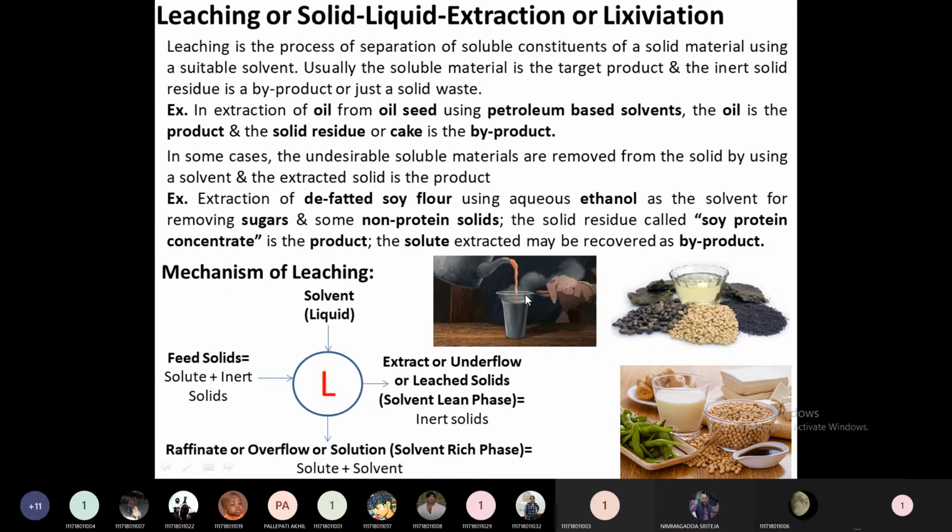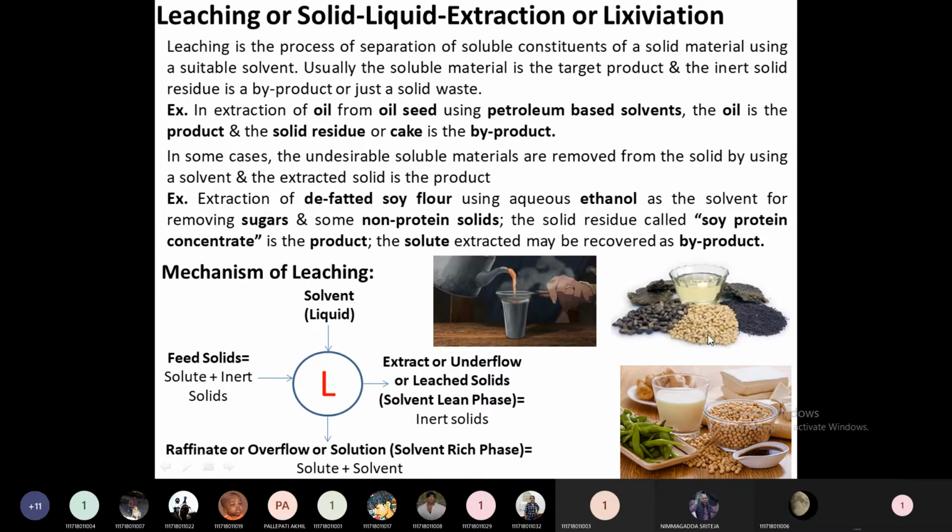There is another definition for leaching also. In the first example, the soluble constituent, the tea, is called the product, the required target product. After extracting the tea, the solids left are called inert solids or solid waste. Another example is oil seeds. Inside these seeds there are oils.